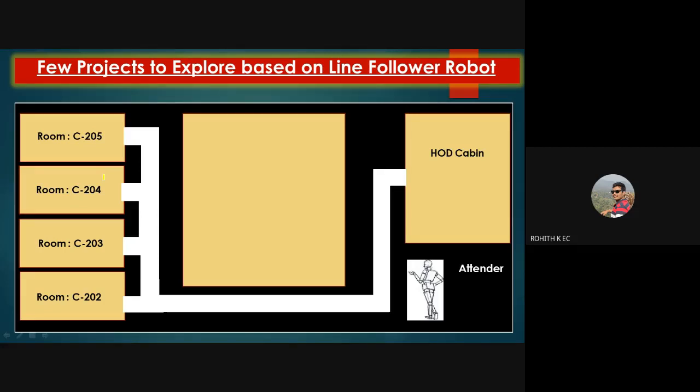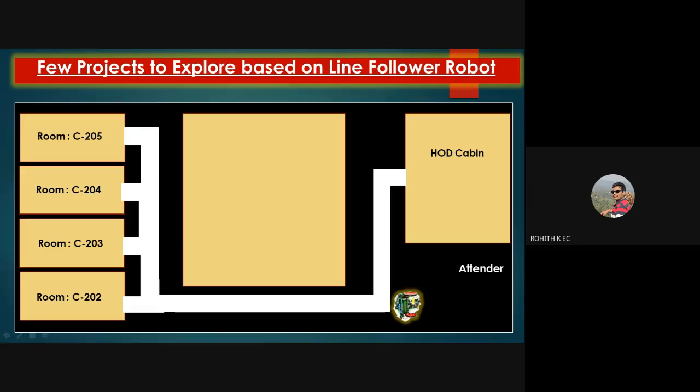Instead of sending the attender, we can use a robot. So HOD can call the robot and place it on top of robot. So of course, along with the actuators and the clips, and the robot can go to each of the classrooms, knock, wait, and then circulate the circular or message to each of the classrooms, and it can come back and stay in the position specified. Say suppose I have specified the robot position here, it will come back and stay.